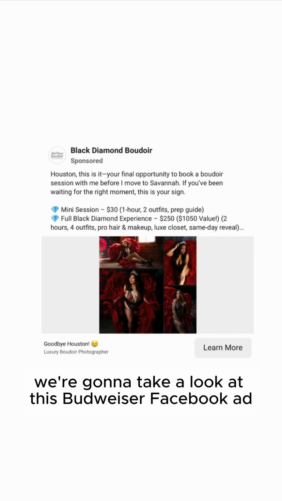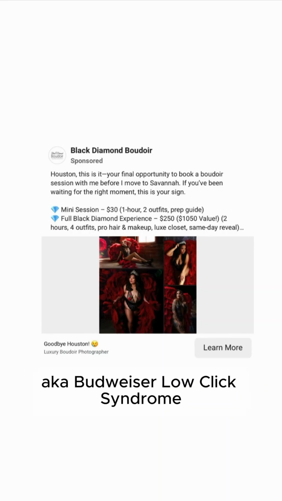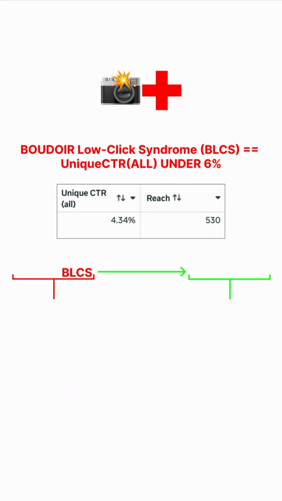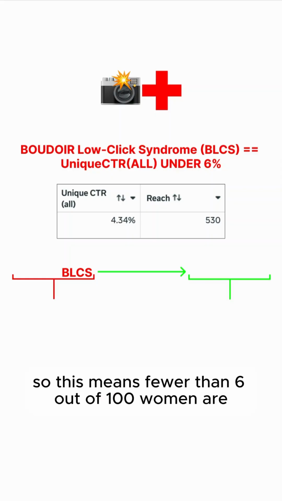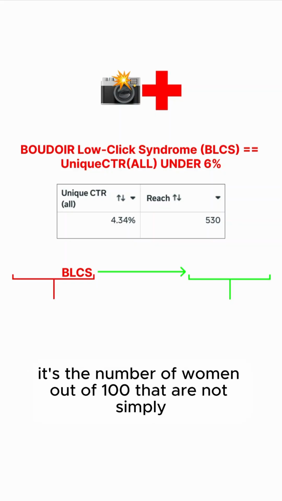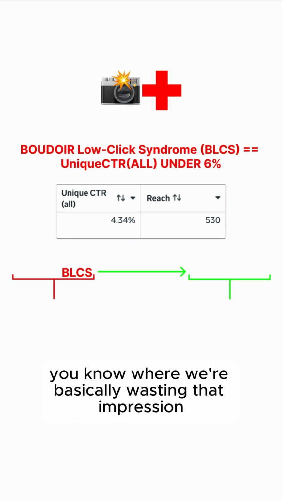All right, y'all, we're going to take a look at this Boudoir Facebook ad, diagnose it, see if we believe it has BLCS, aka Boudoir low click syndrome. So BLCS, Boudoir low click syndrome, is when the unique CTR of our Boudoir Facebook ad is under 6%. So this means fewer than 6 out of 100 women are clicking somewhere on our ad, aka it's the number of women out of 100 that are not simply scrolling right on by,